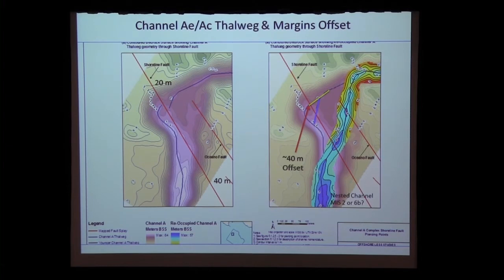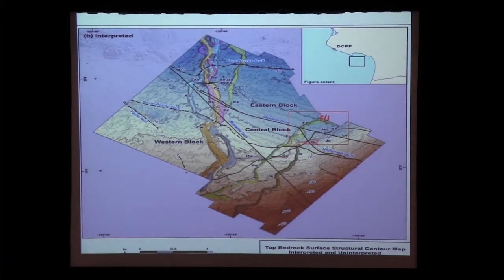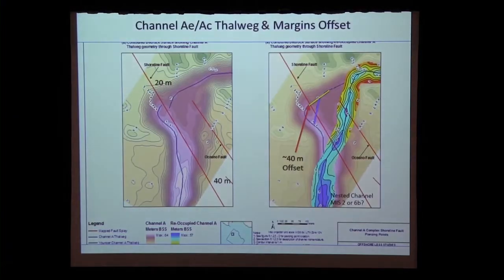Right. Okay, and then on the right hand image, there's a yellow line that looks like a Thalweg projection. This one here? Is that a Thalweg? Yeah, okay, so the reason for that one is, this is another possibility. We could say that there's no offset on this. And if there's no offset, then it would come right along like this. I don't believe it, but that's a possibility, and that's why that yellow line is in there. So would the full range then be something like 0 to 50? Right.